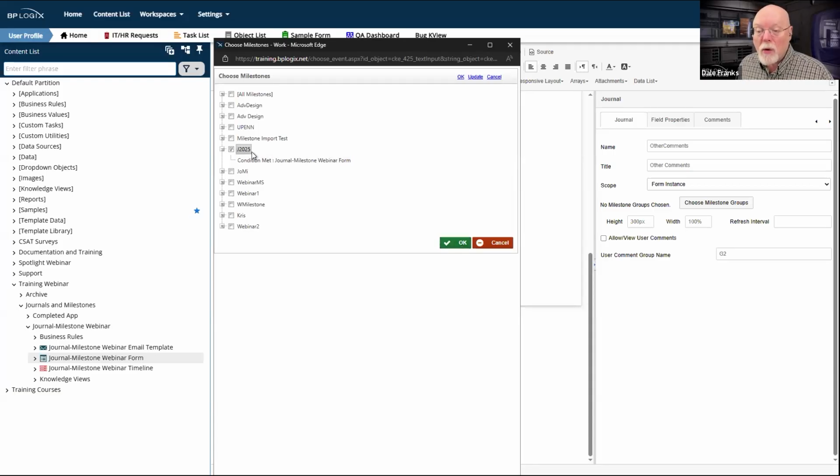So if that's the group that I'm going to apply to this particular control, and remember, I can't apply this group. This group doesn't exist until I have created a milestone, at least one, either on the form or the process timeline, and I've given it the milestone group name. Only after I have saved that single record, and that's all I have.